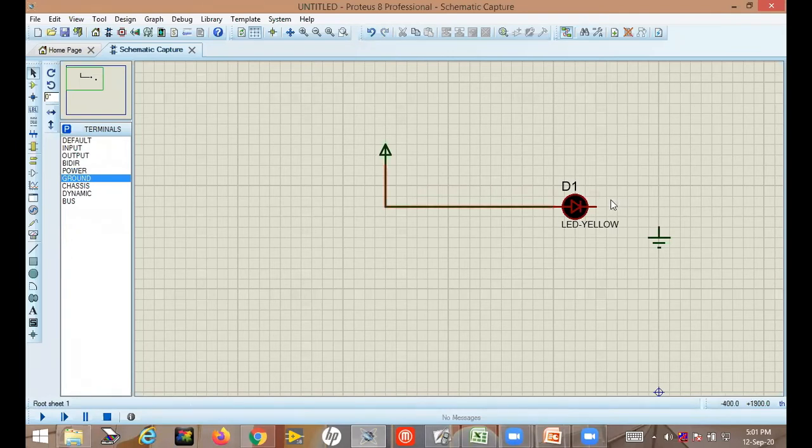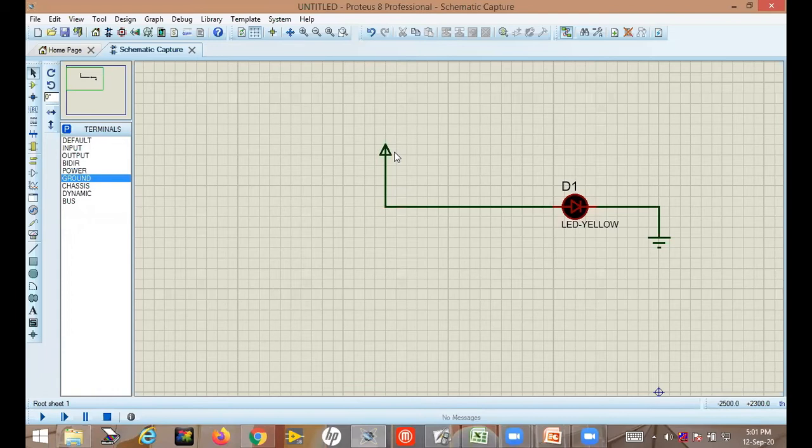Now again repeat the same process. Cathode, I will just click on cathode, then I will move the mouse through the path I want to take this wire, then I will click here. So this is the connection. Now see, this LED is connected to VCC, your anode is connected to VCC 5 volt and this cathode is connected to ground. So now this diagram is complete. That means this anode is at higher potential compared to the cathode. This is at ground and this is at VCC. Now we have to see whether this circuit is working or not. How to see? Now you have to run the simulation.